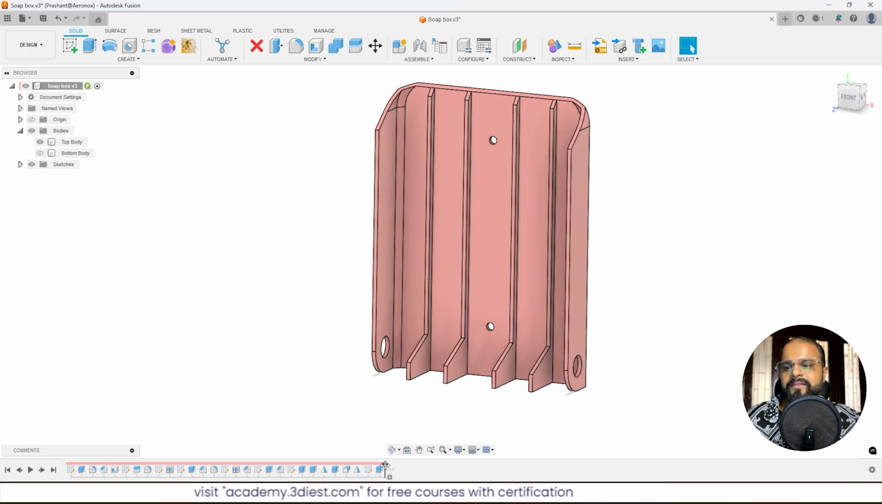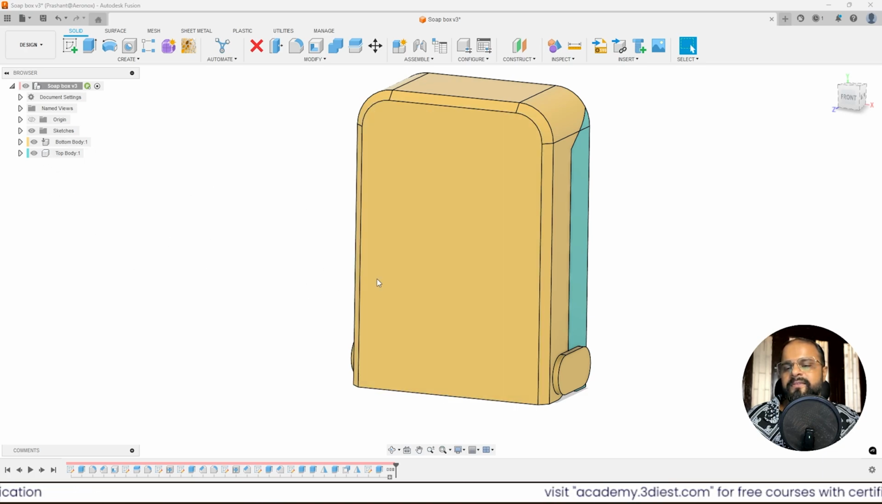Now I will move my cursor one step forward again, and the moment I moved it, both of them just got converted to components. So here are my two components. Now